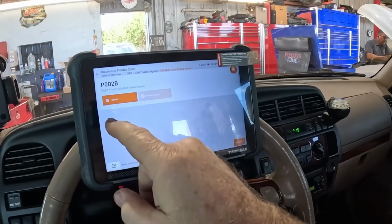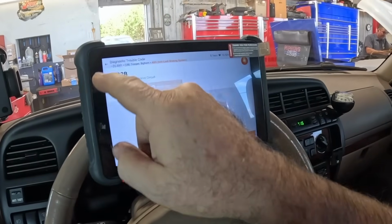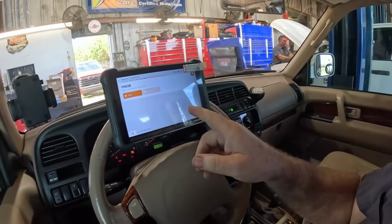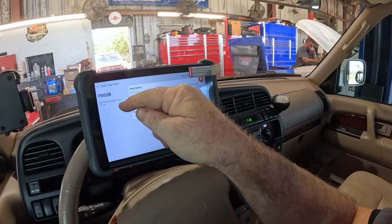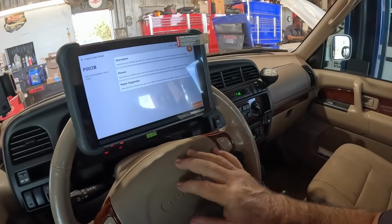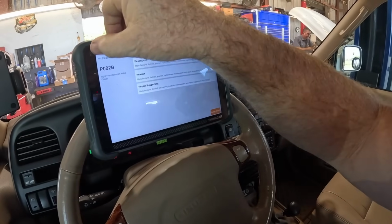Details. I really want to see. I'm going to send a report to them up front too. You can use this little button to send a report. You guys, if you watch a lot of my videos, you know how much I like that. I'll send them a report on this. If this was a code that was a little more familiar, or the vehicle is probably a little newer, this is almost 25 years old. So these would be a lot more helpful on a different vehicle, and we'll try it on other vehicles as